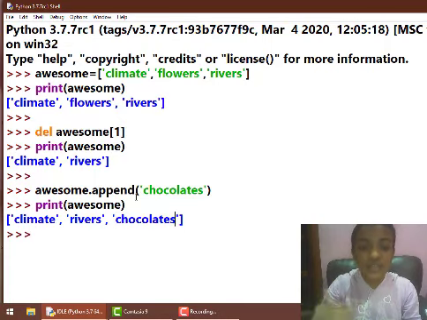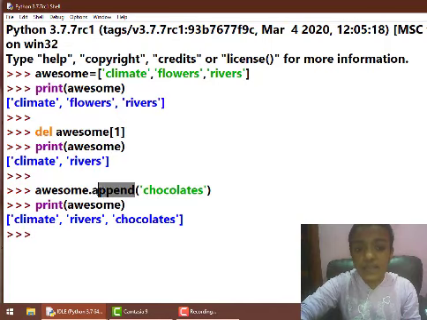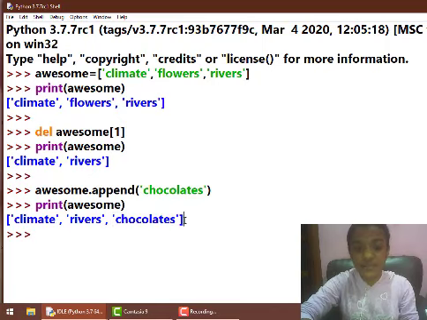So in order to include something in a list, we have to use the variable first, then a full stop, and after that a command known as append. This command helps you add something to your list, and after using append, you have to type in what you need to add within brackets, and then print your variable awesome and press enter. Then Python includes chocolates in your list. That's it, guys.